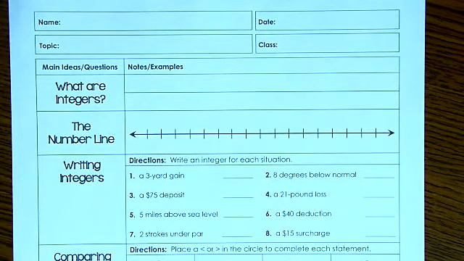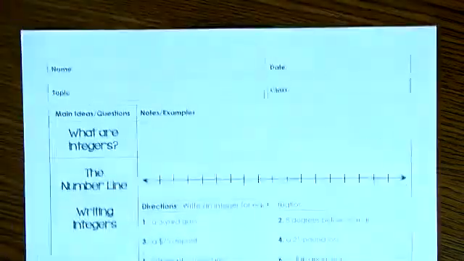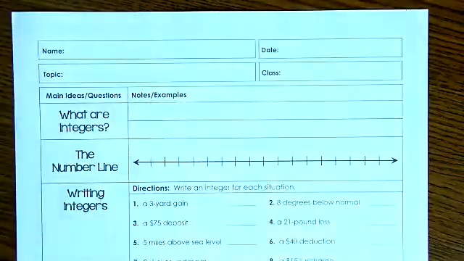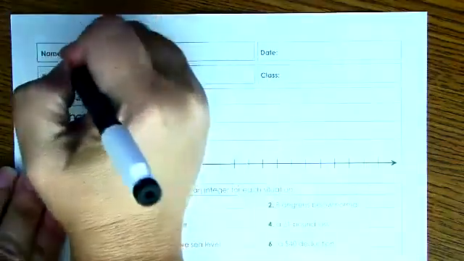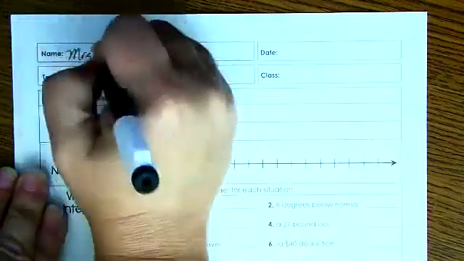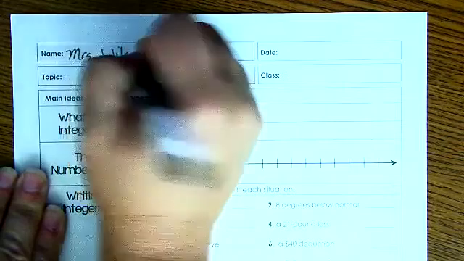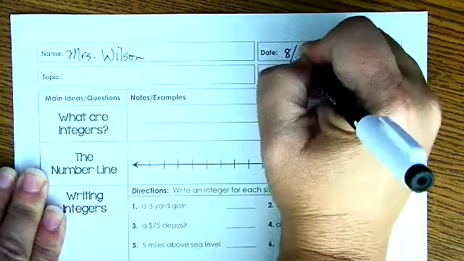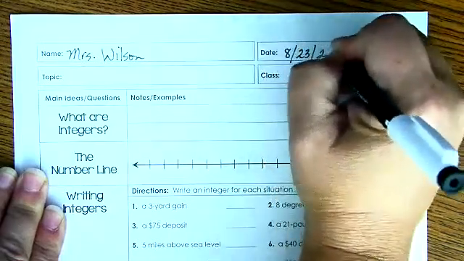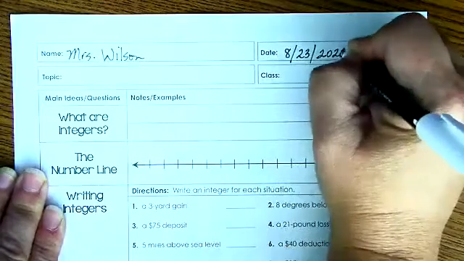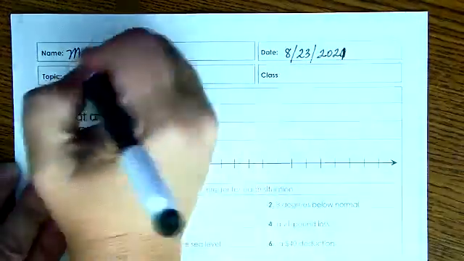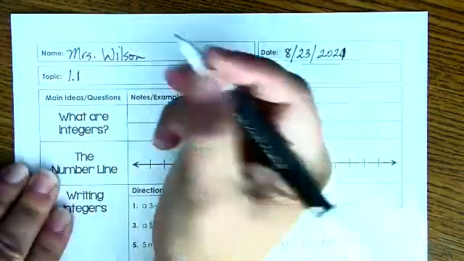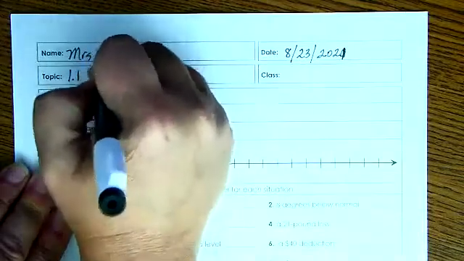This is our first video lesson and this is going to be over... So when we're filling this out, I'll model what you need to do and we're going to write your name first. Oh, you got to open the cap on the pen. And then this is Mrs. Wilson. The date is 8/23. Oops, 2021, not 2020. And my topic is this section 1 because it's unit 1 and then it's the first section, so it's 1-1. And this is over